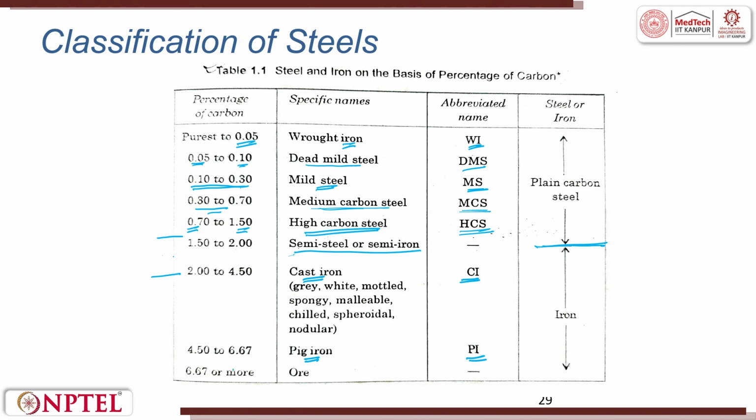So, anything more than 6.67 is called an ore. It is more than pig iron. So, it is very clear the steel comes only up to 1.5, and here the percentages are directly proportional. So, the hardness increases, the ductility increases when you go from down to top, right. So, these are the advantages you get, and the carbon is the major culprit. It is not only carbon, you have other additional elements also added to it.